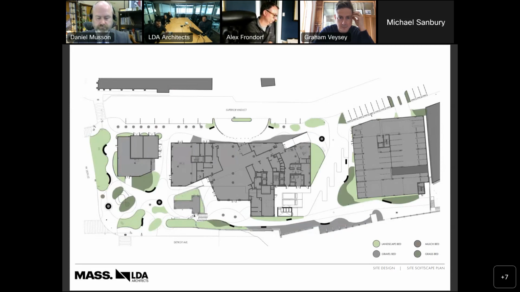For the softscape, we have a large amount of softscape on the site to help with rainwater collection, and also part of our LEED points we're looking to achieve. We have a collection of dense planting beds, grass lawns that are typically elevated in height with a little bit of topography, so you can kind of create a place to hang out and lay or use however you would like.